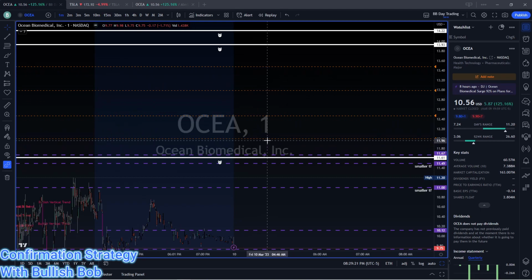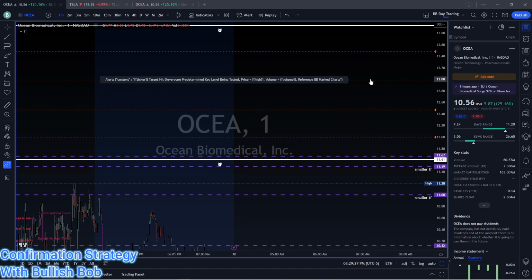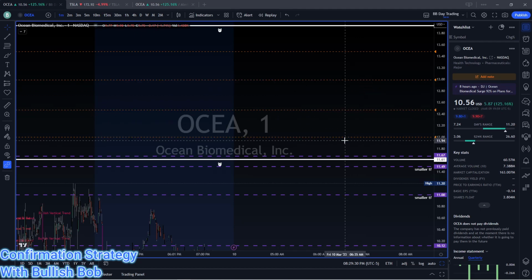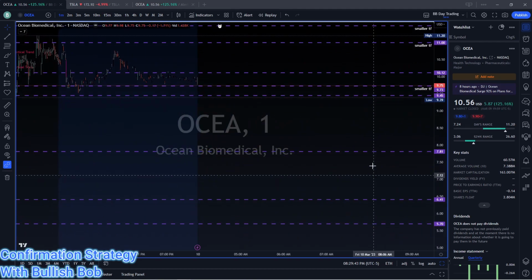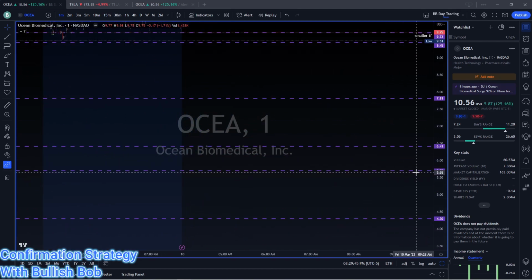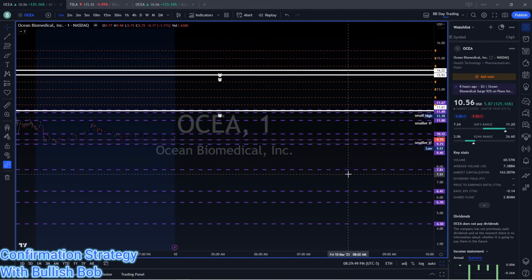If it looks strong, I'll hold on to it and look for a close over each one of these predetermined levels, $12, $12.50, 13, and as it closes above these levels, I'll then look at that to put my stop. So if it closes back below 12, well, I'll get back out of my trade, even though I'm in from 11.61 and 11.67. Now, if we start to fall down, we've got support levels around 7.81, 6.41, 5.70, and 4.30. Now, I'm not big on buying the dip, but I will be watching for oversold plays on